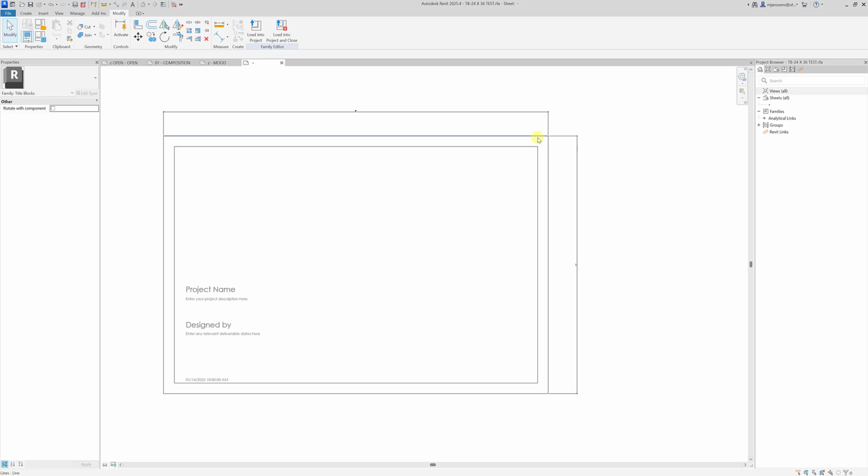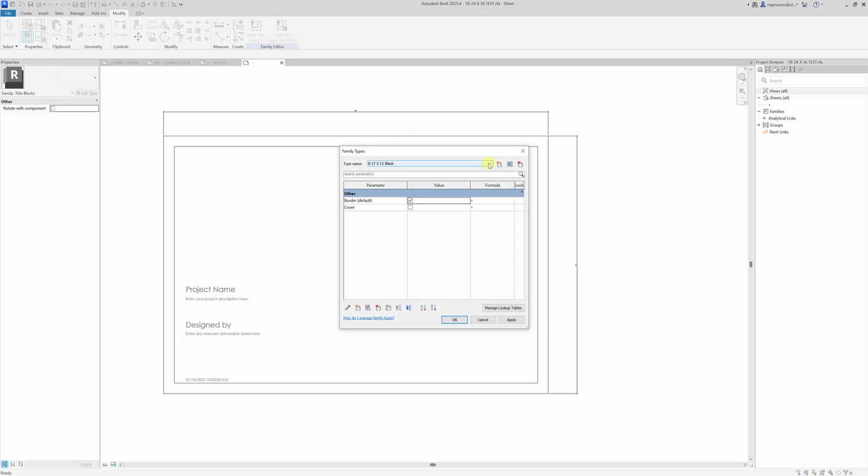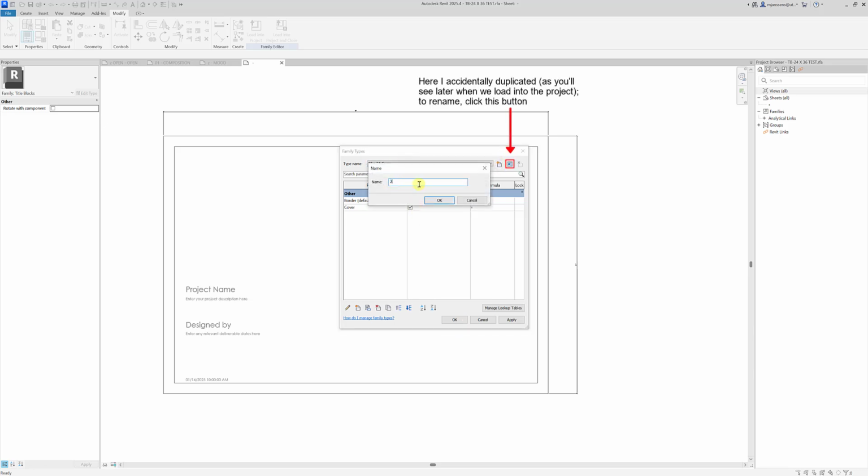We're going to have a deeper dive on these parameters, but for right now what I want you to do is go ahead and delete everything except one of these. So let's keep the cover option. So we'll go to blank and hit this delete type button, and now we only have one family type. And we're going to rename this 24 by 36